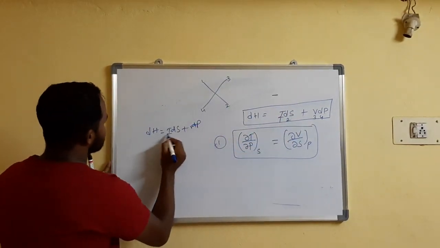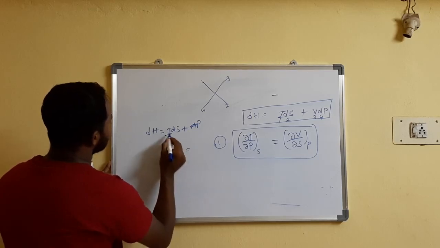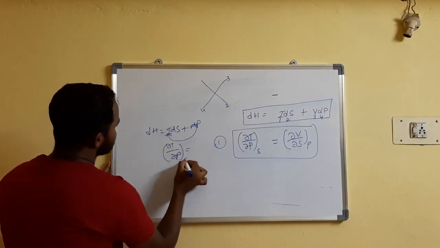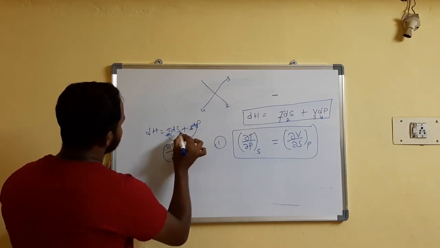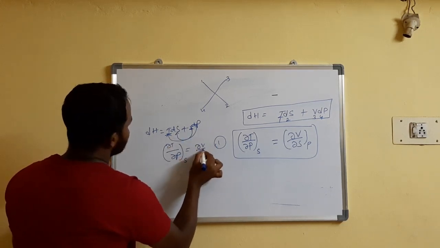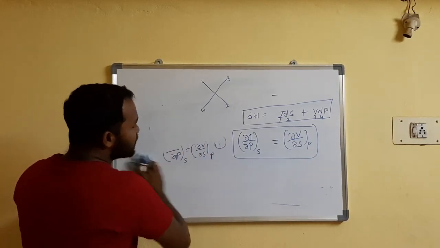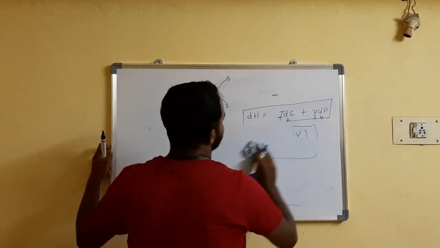So I am writing this, this is T, right? dU is equal to, I am keeping T. So ∂T by ∂P at what? S. And what next? This is V. So ∂V by ∂S at the remaining, what? P. So this I am telling only as a trick, not an equation, for how to remember, right?